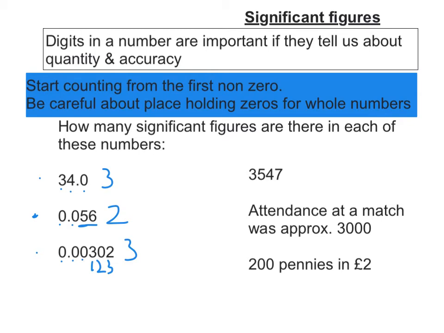3,547, sorry. Well, start counting from the first non-zero and keep going. 1, 2, 3, 4. Now, the last two numbers end with zeros in them. So they could be placeholding zeros, or they could be numbers that tell us about the accuracy and quantity of